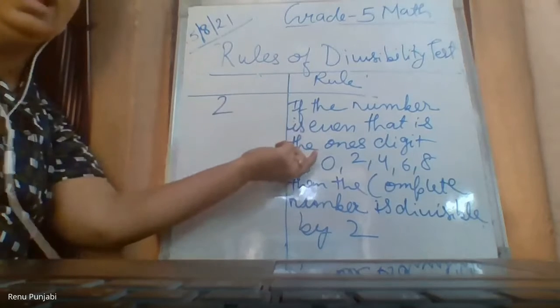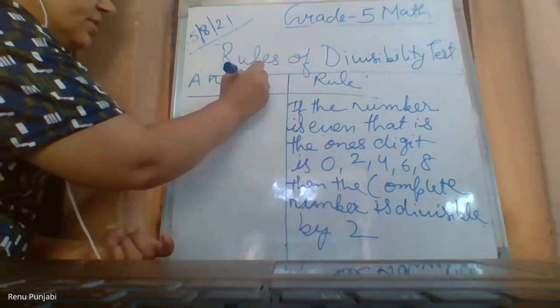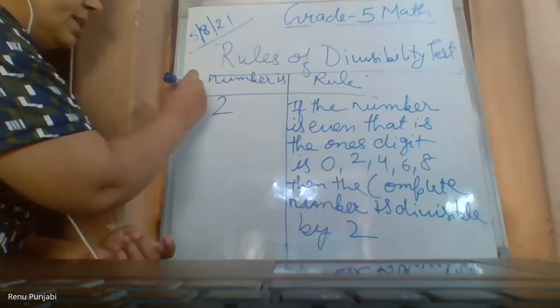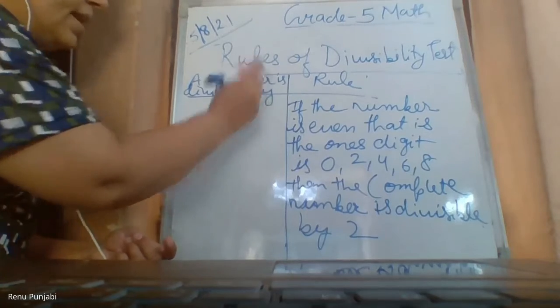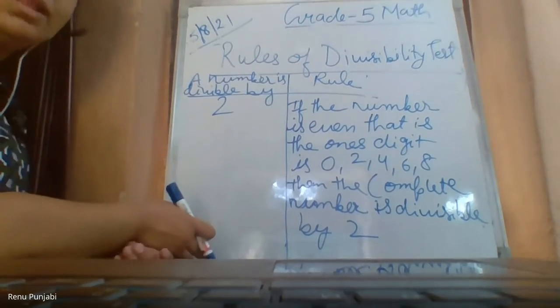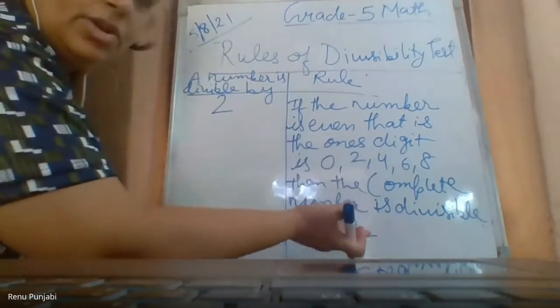Ma'am, then Yes, Samriddhi, yes, we have to write two. Also, two. Yes, ये टू का ही रूल है. Okay, ma'am. In the heading, you can give a number is divisible by. By means by these numbers. जो भी अब इसके बाद में लिखूंगी. By 2, then this is the rule. By 3, then that will be the rule.